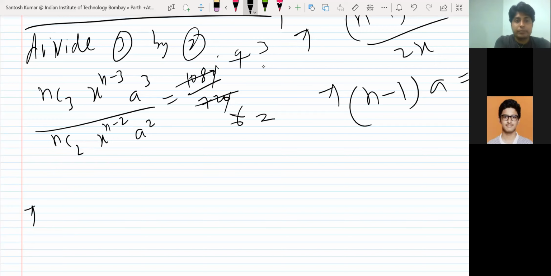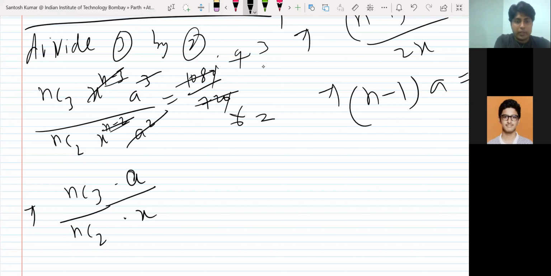And on the left side, you simplify nC3. So here a square will cancel a cube, so 1a will be left in the numerator. And n minus 3 is smaller than n minus 2, so this term will cancel with this. 1x will be in the denominator. And nC3 is what? Okay, nC3 I will solve later on. nC2, in numerator you have a, in denominator you have x, and here it is 3 by 2. Numerator is 3 and denominator is 2.